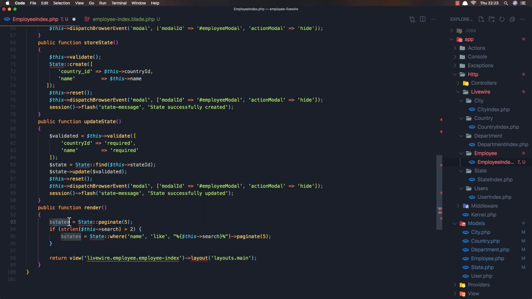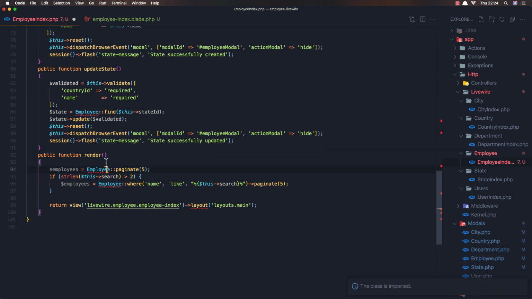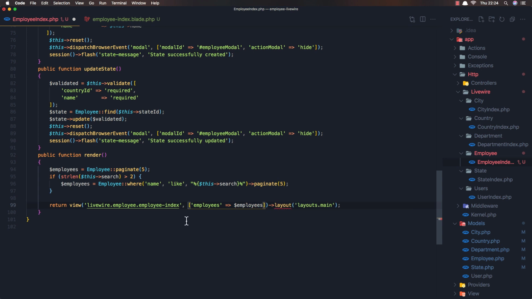Not states, change this to be employees. Okay, and also change this one to be the employee model, and we need to import. Yes, and also here we need to add the employees to be $sign employees we have here. Then save,